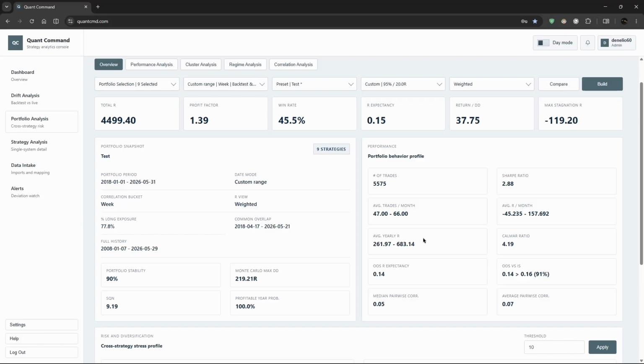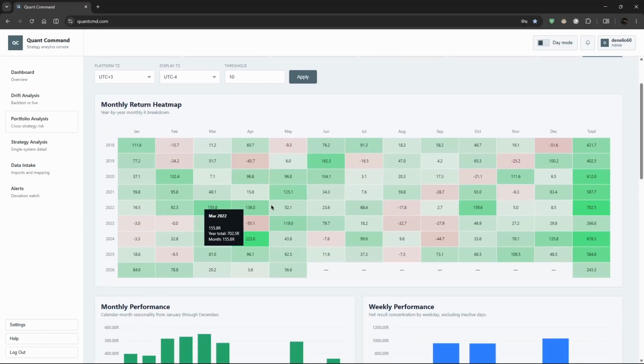But what you can see here is that your average yearly return is between 261% to 680%, but you are almost statistically guaranteed to blow up at some point. Not almost, you are statistically guaranteed to blow up at some point in time. So even though you can make 200 to 600% return a year, you are going to blow your account. So in 2022, you made 700%. In 2023, you made 260%. In 2024, you made